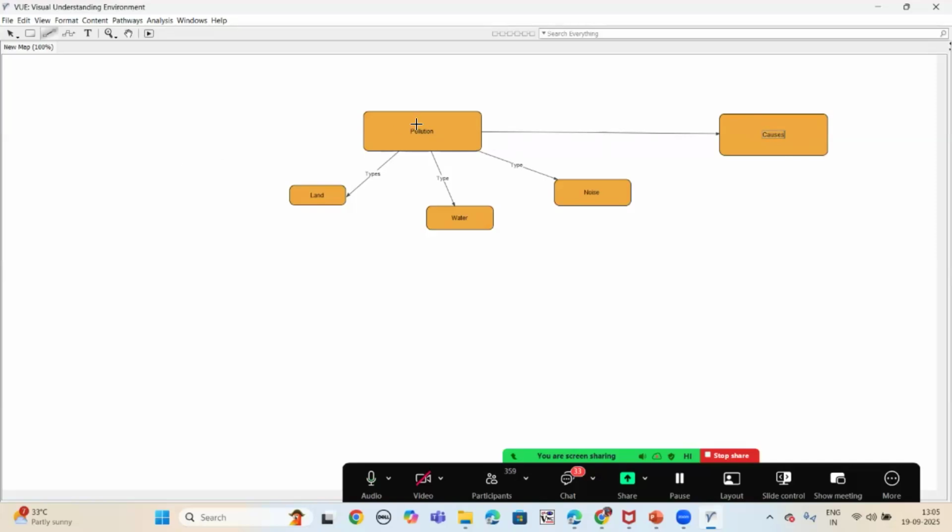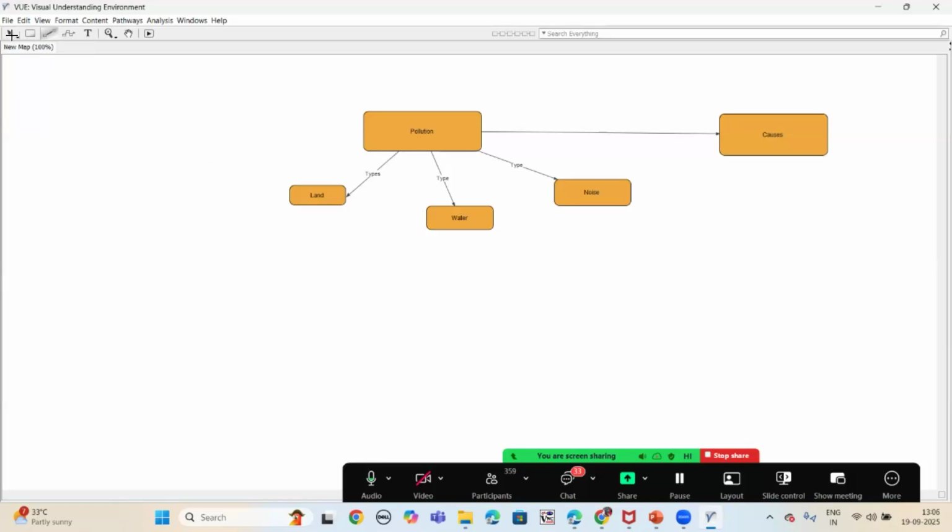So you can also change the look of your mind map with the help of colors. You can change the colors of the nodes or the lines which you have drawn on your concept map. Because you see my cursor is again in the form of this plus symbol, I have to bring it to the normal mode.